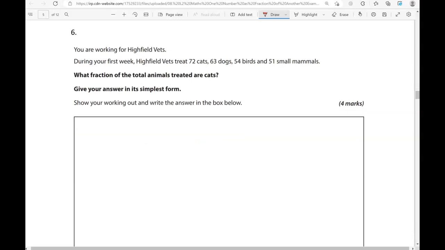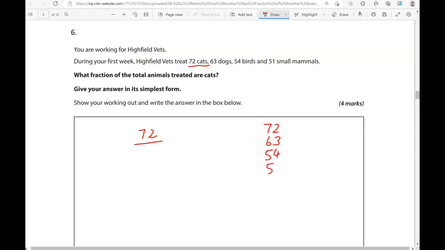You are working for Highfield Vets. During your first week, Highfield Vets treat 72 cats, 63 dogs, 54 birds, and 51 small mammals. What fraction of the total animals treated are cats? Give your answer in simplest form. Show your working out and write the answer in the box below. So it's cats that we're interested in, and that is 72 cats out of the total, which is 72, 63,